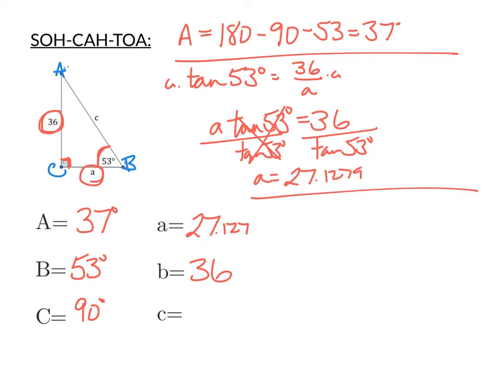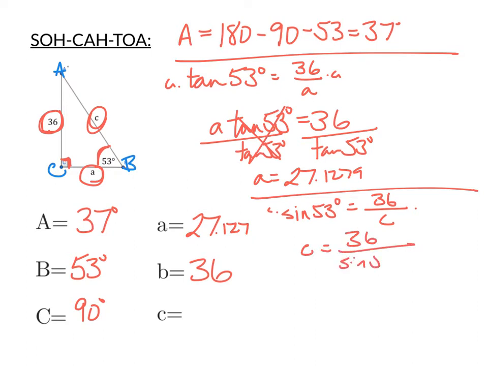Then we still need to find out the hypotenuse. We could do that using the Pythagorean theorem, or if you want to, another trig function. Recognizing that 36 is still our opposite side, and C now is the hypotenuse, it is sine of 53 degrees is opposite over the hypotenuse. So again, we can multiply both sides by C and divide by that sine. So we would have C is 36 divided by the sine of 53 degrees. Doing that calculation, we should have C is equal to